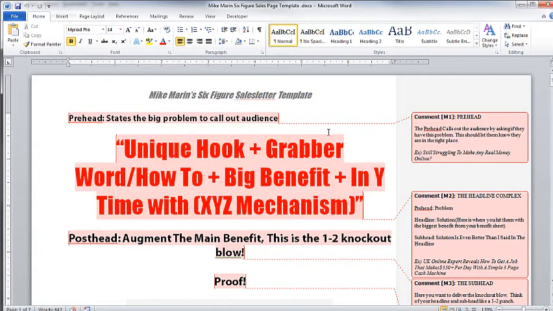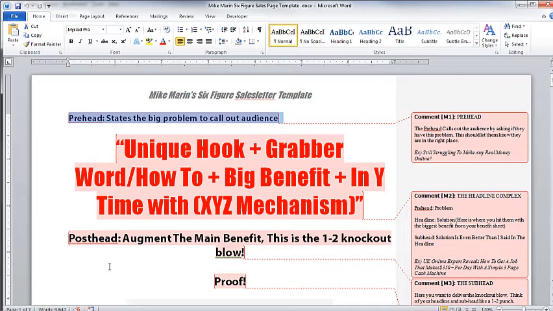I start off all my sales letters with a pre-head, which basically states the problem and calls out the audience. So, have you ever seen the commercials like "Attention, women looking to lose weight"? Attention, men over 40 who are balding. On the radio, they do that because that's a call out. So essentially, with the pre-head, we want to state the big problem to call out the audience, or we can just call out the audience. I like to state the problem, but you can